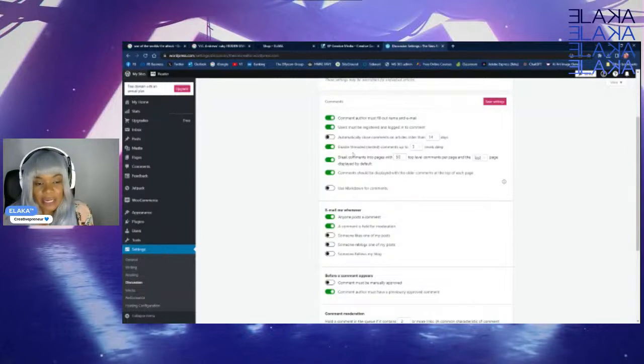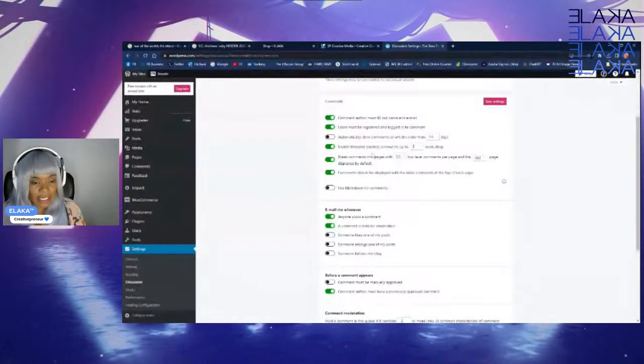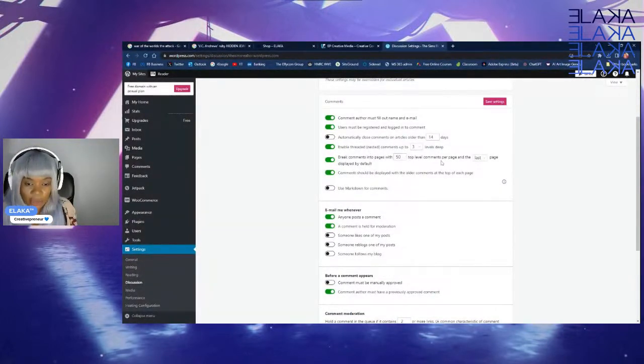And then here it says enable threaded nested comments up to 3 levels deep. This is actually fine. Break comments into pages with 50 top level comments per page and the last page displayed by default. Now here it's up to you, again, depending on how much space you want taken on your website. People will be able to basically